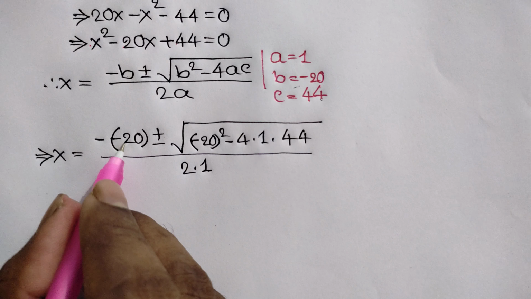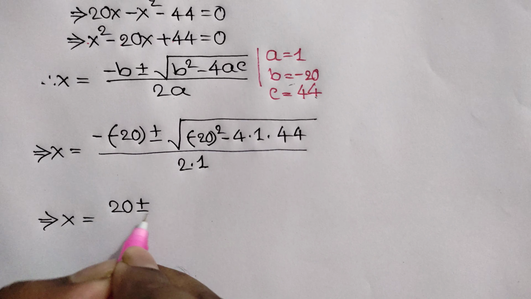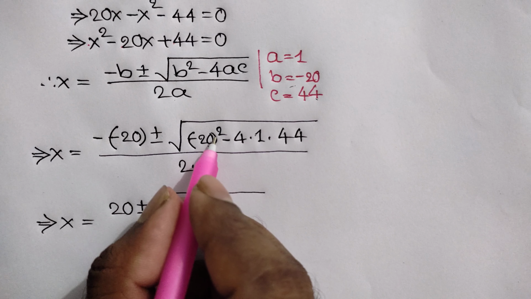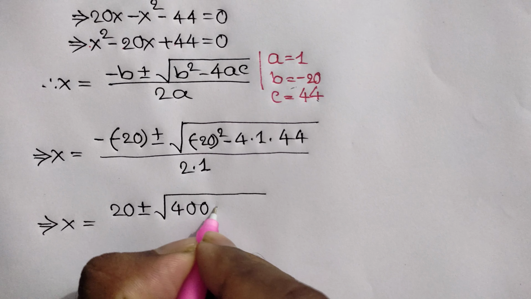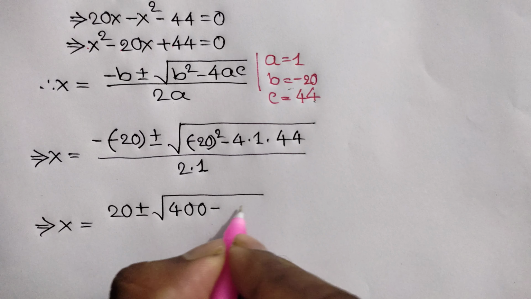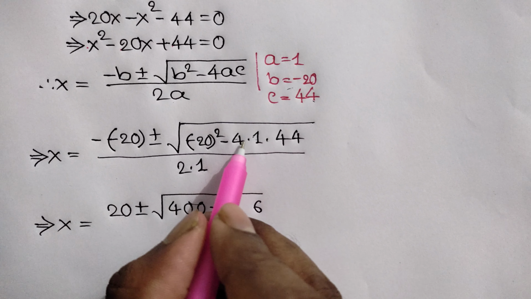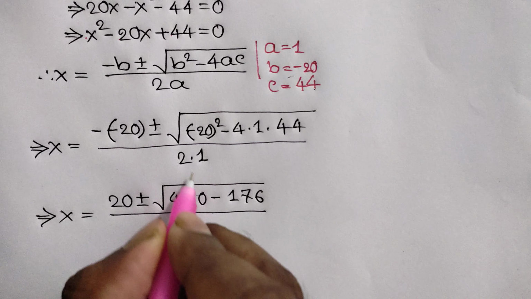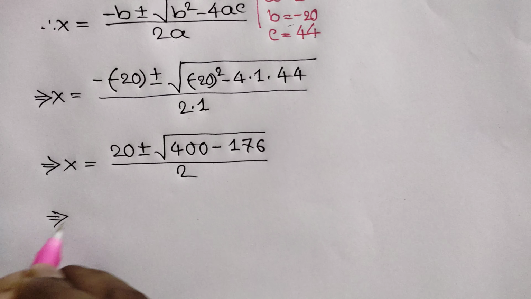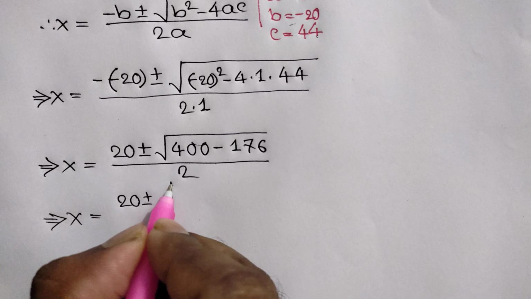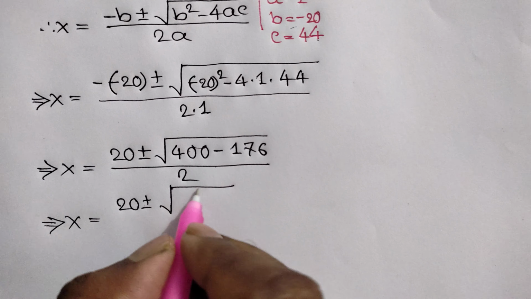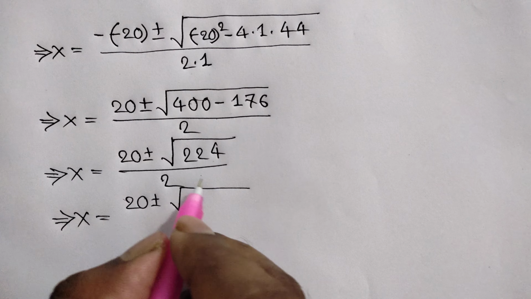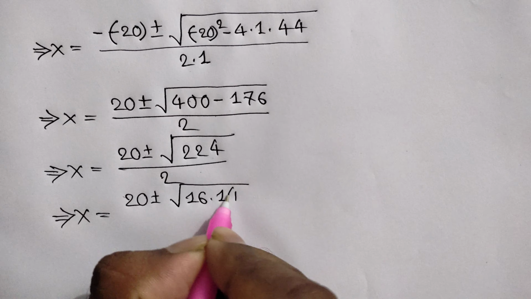or x is equal to, now minus times minus is plus, so here we will get 20 plus or minus square root of negative 20 square, that means 400 minus 4 times 1 is 4, 4 times 44 is 176, all over 2 times 1 is 2, or x is equal to 20 plus or minus square root of, now here we will get 224 over 2, or x is equal to 20 plus or minus square root of, now 224 can be written as 16 times 14 over 2,